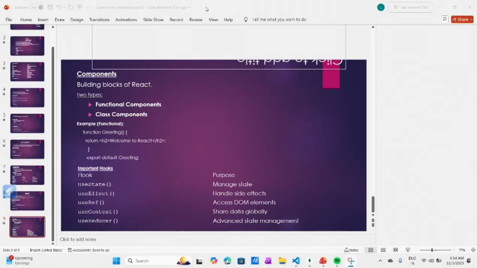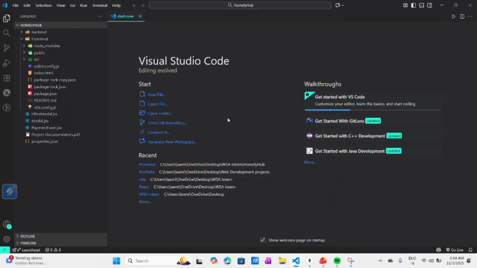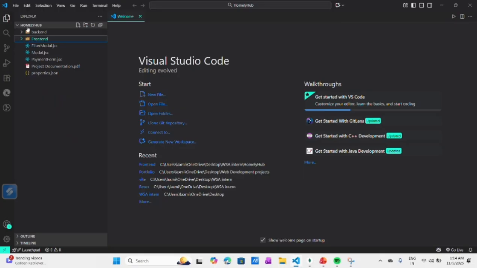Now let's come to the coding part. Here one main folder is there named Homely Hub, with two folders named frontend and backend to separate the frontend development and the backend development.